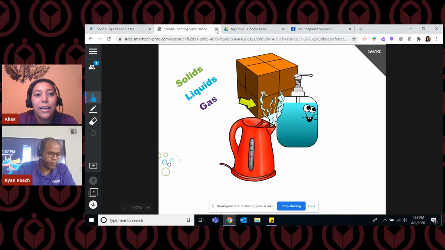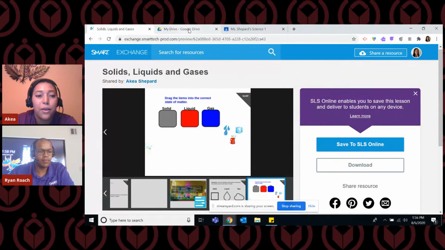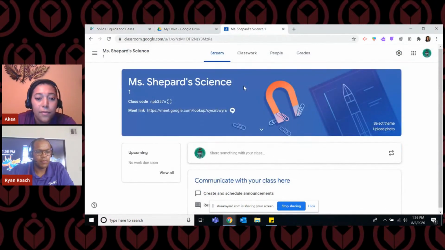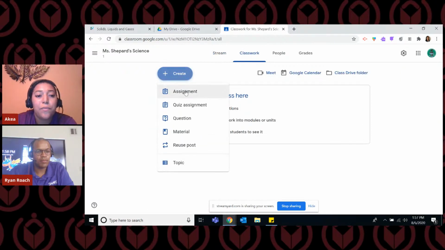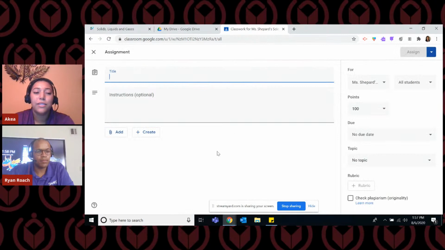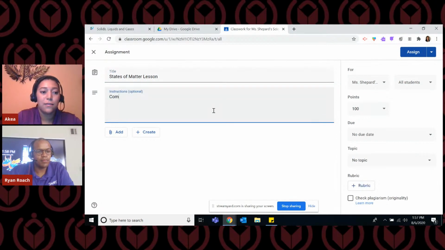And for that, I don't need this tab open, so I'm going to close it. I'm just going to go over to my Google Classroom, which I already have open in this tab here. And I'm going to create an assignment. So I'm going to click Create, Assignment, and I'm going to enter any of the information I typically would when I create an assignment in Google Classroom. I'm going to put my title, give my students some instructions,